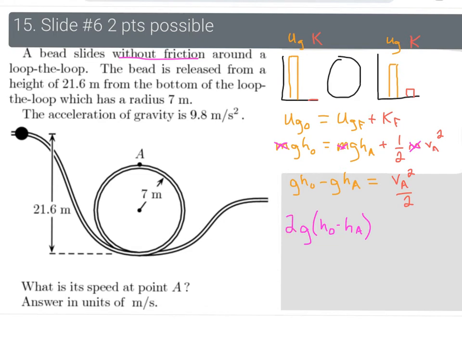So it'll cancel out on the right side, and I'll have 2G delta H, 2G times the change in height, and that will be equal to the velocity at A, what we're looking for, squared. Which means to find the velocity at A, we're just going to take the square root. And it's going to be the square root of 2 times gravity times the change in height. The original height minus the height at